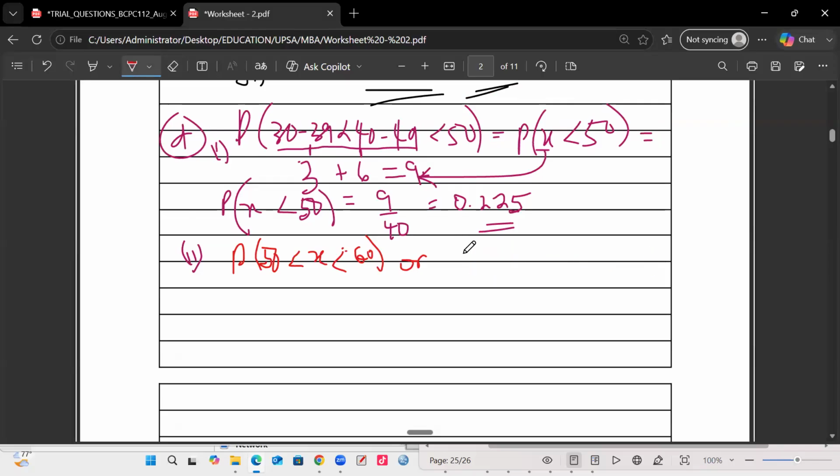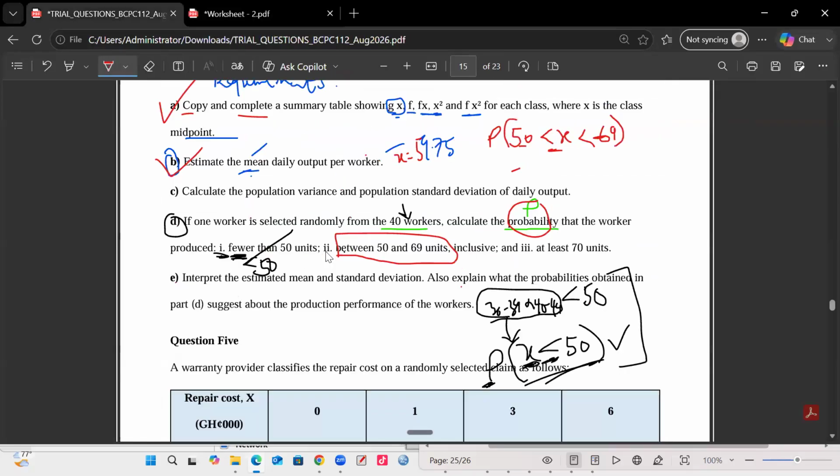So probability into brackets. It says, there's a question, between 50 and 69. So you can write P into brackets, that's what I want to say. Just write here, P into brackets, between 50 and 69 units. Between 50